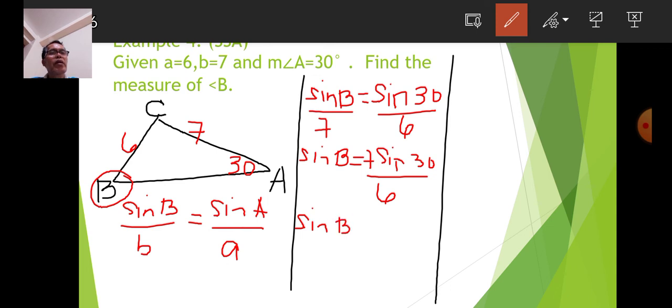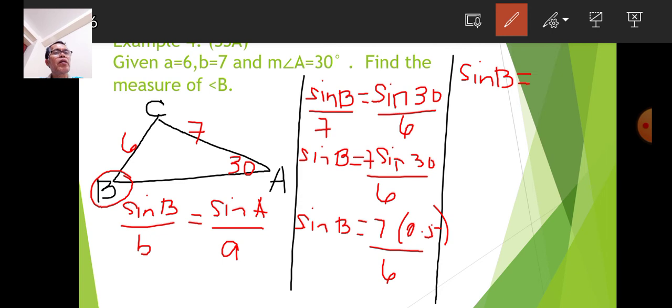Sine 30 is 0.5, so sine B is equal to 7 times 0.5, which is 3.5, over 6. So sine B is equal to 3.5 divided by 6, which is